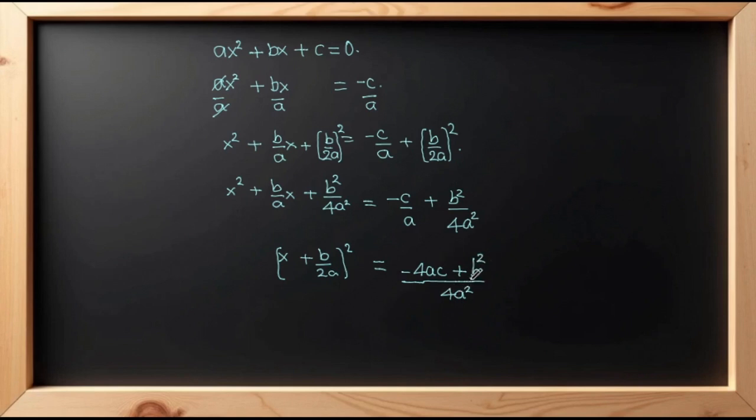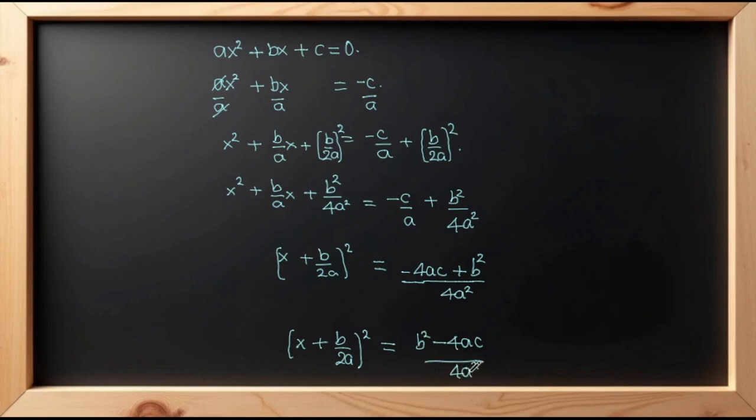For mathematical beauty, we need to start with the positive number and then the negative number comes afterward. We can do that rearrangement here. So we have x plus b over 2a squared equals b squared minus 4ac